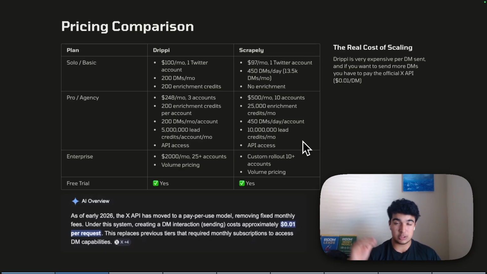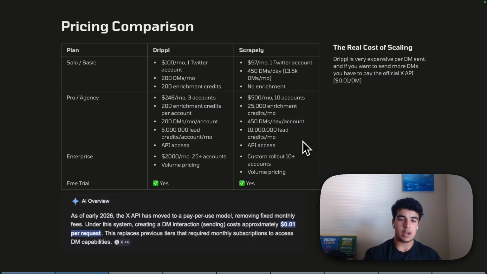So now they will still deduct 1 million leads from your 5 million leads credits, right? Even though you only got 50,000 back. However, on Scrapely, we would only deduct 50,000 because that's all that you're actually filtering down. You're not holding on to those 1 million plus leads, right? So that's how it works. It's a little bit different across the two, and it's kind of hard to actually know this kind of stuff